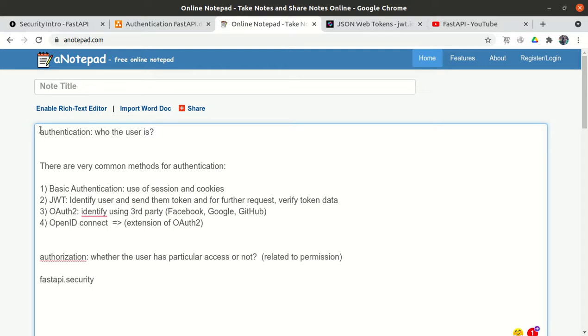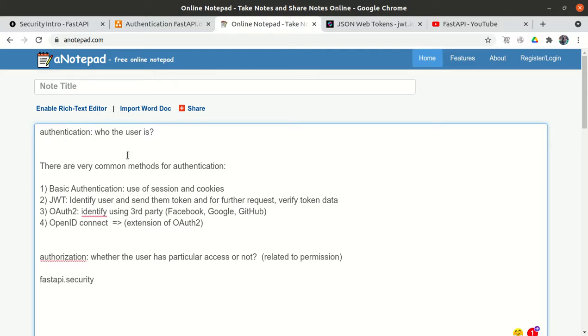So we have to implement authentication as well as authorization. Why authentication? Because when the user creates the account, they will create it using a user ID and password. The user ID and password get generated and entered into the database. Then while creating a post, we will not allow just anyone to create a post. Once the user clicks on the create post URL, a pop-up should come and ask them, okay, first you should authenticate yourself.